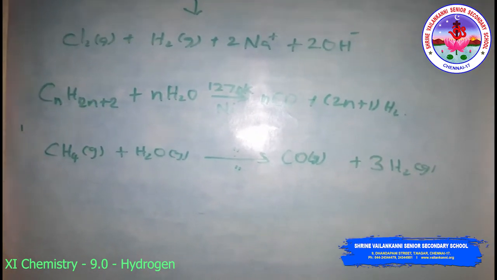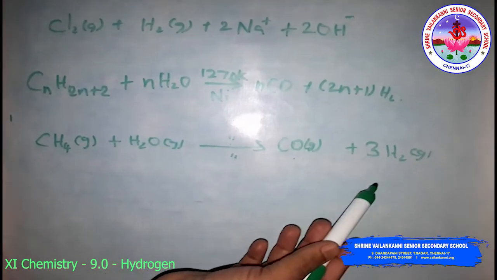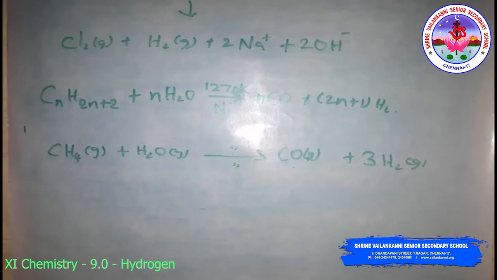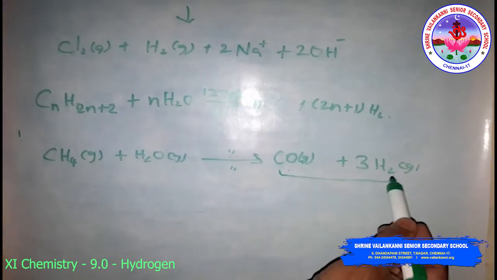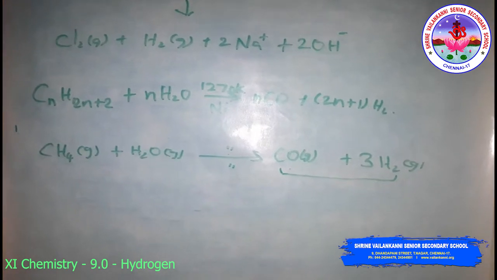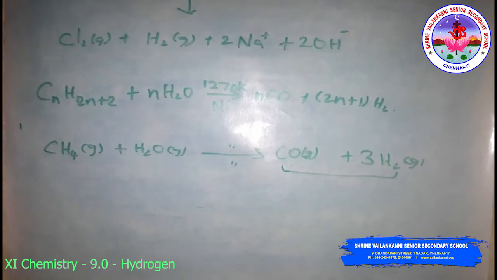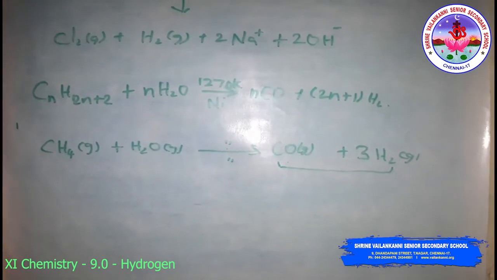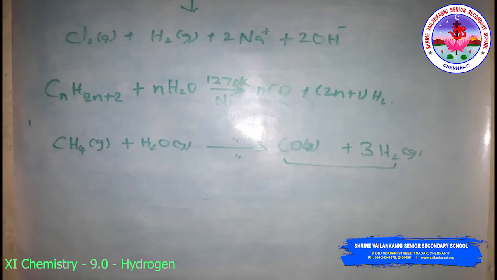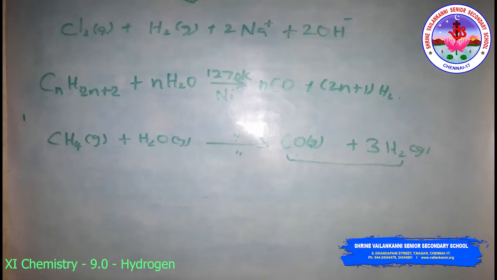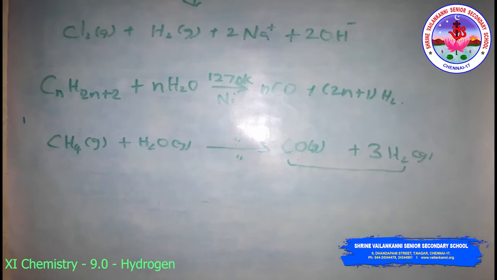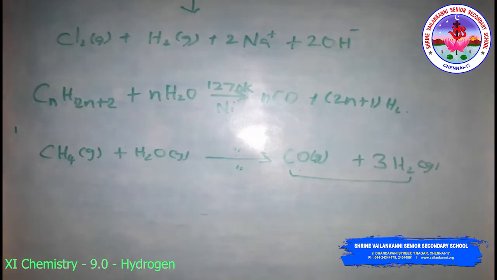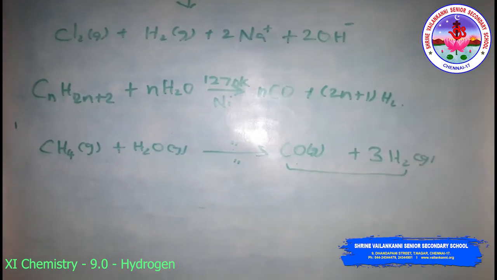The mixture of carbon monoxide gas and hydrogen gas is called water gas. As this mixture of carbon monoxide and hydrogen is used in the synthesis of methanol and a number of hydrocarbons, it is also called syngas. Nowadays, syngas is produced from sewage, sawdust, scrap wood, newspaper, like this.